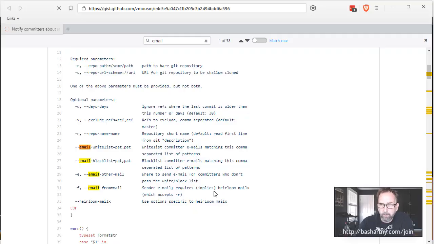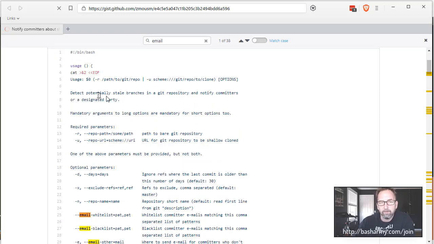Okay, let me show you a red flag for me. When I see a script that has four arguments that all have the word email in them, that's a red flag because it's telling me that there's going to be a lot of logic in this script to deal with email. And this script, the whole point of it is to detect stale branches in Git repositories and